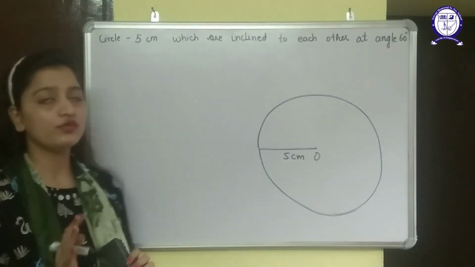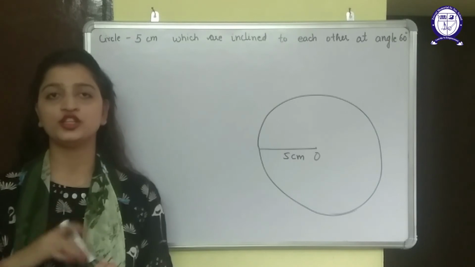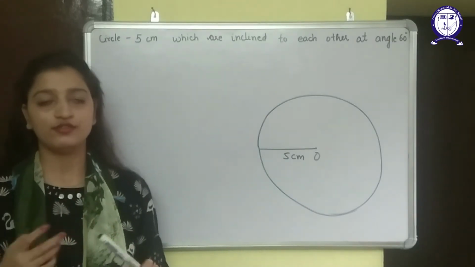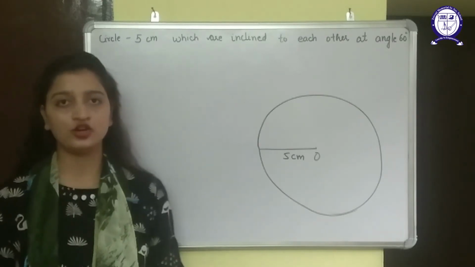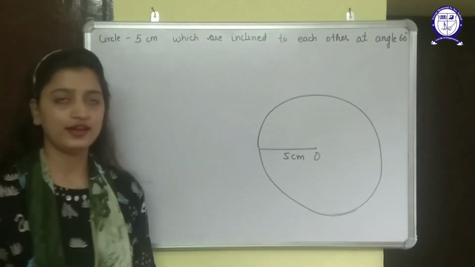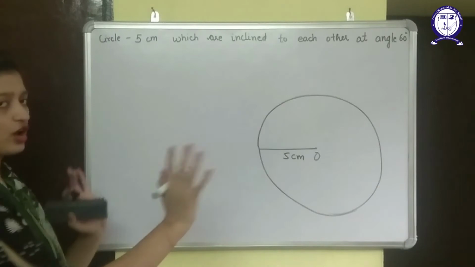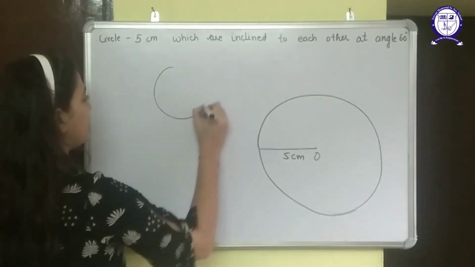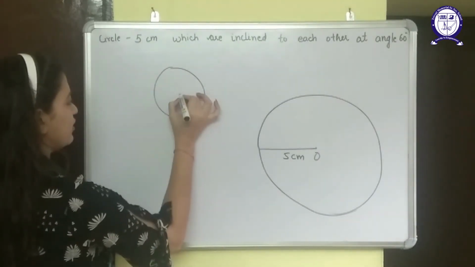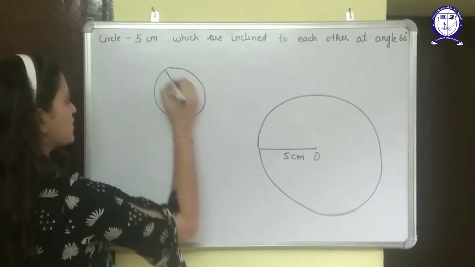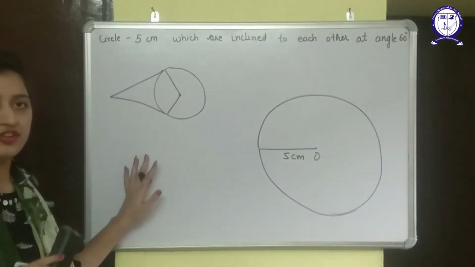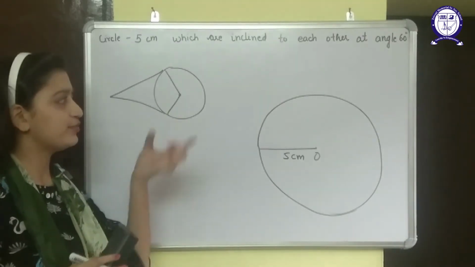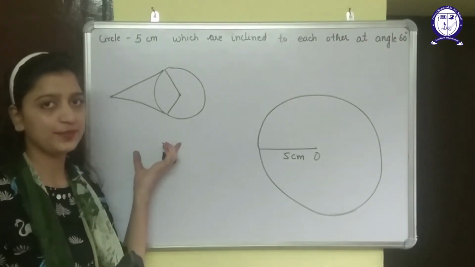Okay. Now we have learned from theorem number 1 from chapter 10 that the radius is perpendicular to the tangent. Right? We know that, so we can draw a rough figure. That is, there will be a circle, a center, there will be two radii, and there will be two tangents. This is the rough figure, right? This is the type of figure we used to draw in the 10th chapter.